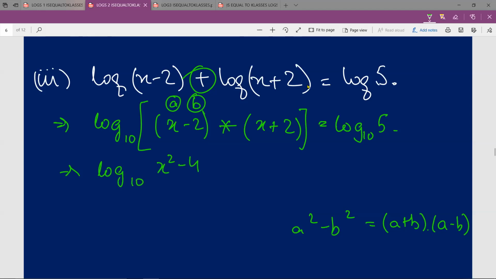Remember, write the base, even if it does not sound important. Log of 5 to the base 10. So therefore, x square minus 4 will be equal to 5, because log of 10 to the base 10 and log of 10 are equal. So they'll get cut, and x square minus 4